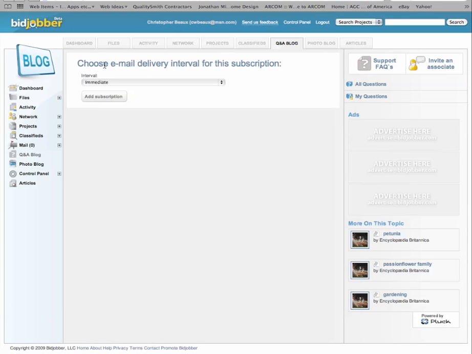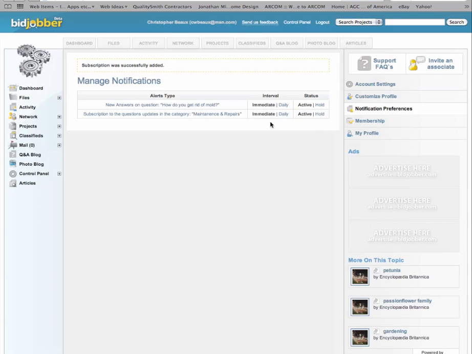You'll have a couple choices. It says choose email delivery interval for the subscription. You can pick immediate or daily. If you want an immediate email when someone posts a question, then you'll get that immediately. If you pick daily, you'll get it once a day. Once we do that, we'll select add subscription,